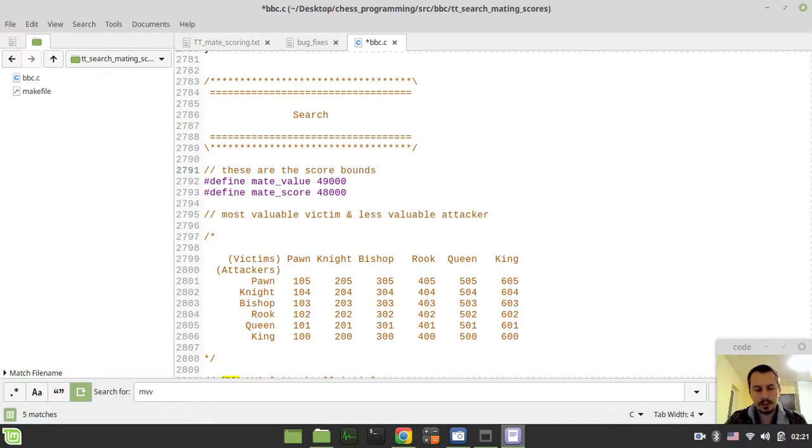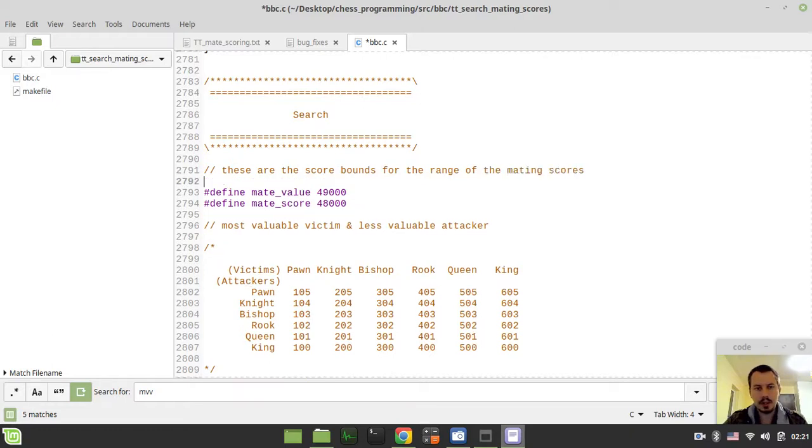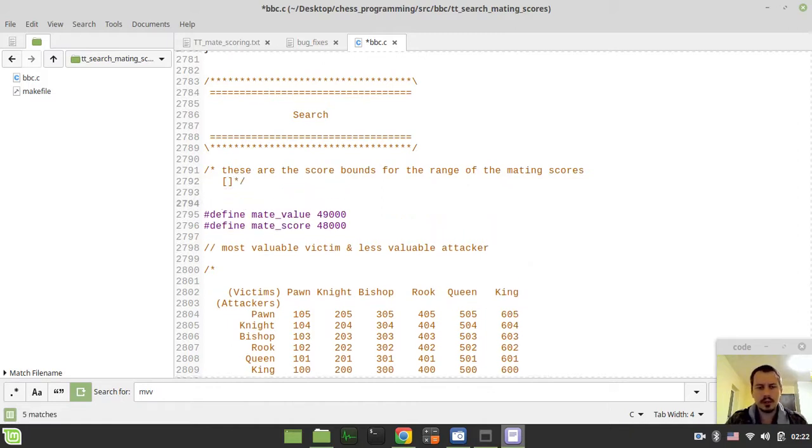These are the score bounds for the range of the mating scores. So, let's make a multi-line comment here. Let's consider... I would probably like to define infinity and minus infinity in order to avoid getting confused with alpha beta. That would be a good idea. So, define